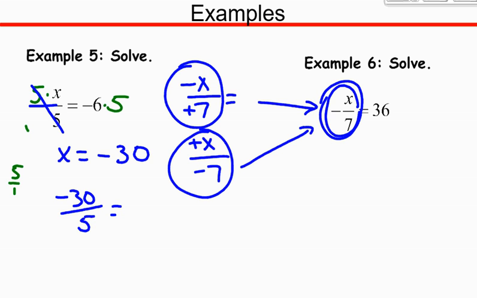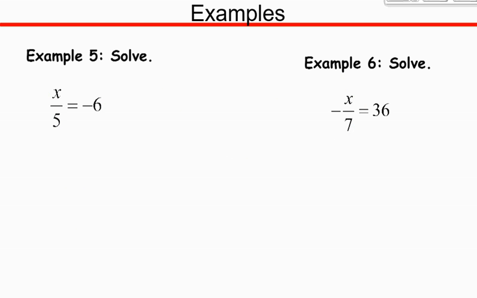Okay, so keep that in mind when you're working this type of a problem. Okay, so I am going to rewrite this problem, and I'm going to put the negative with the 7, because it really doesn't do me any good to put it with the x, because I'm trying to solve for x, and by putting a negative in front of it kind of makes it confusing. So I'm going to put the negative with the 7